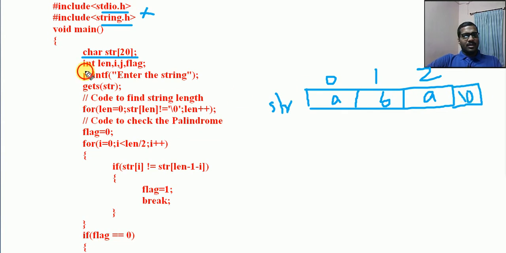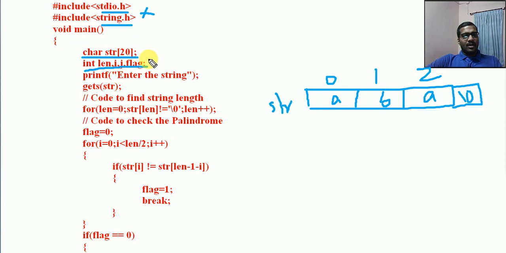So I am declaring some variables: len, i, j, flag. Len is for length. To get the length into the length variable, I am not using the strlen function here. I need to find it out without using the strlen function. i and j are two variables for a loop.